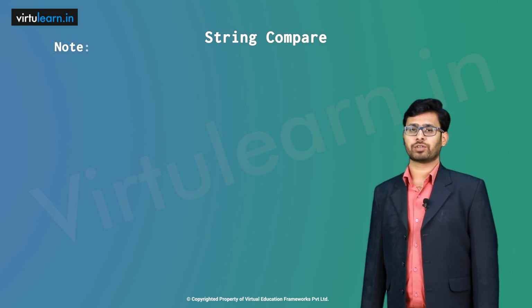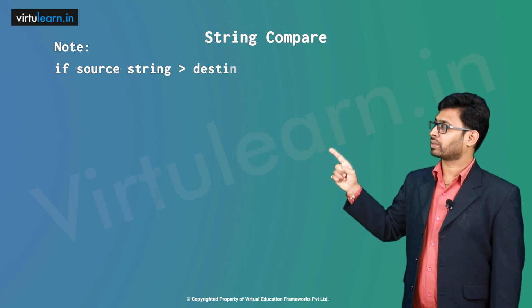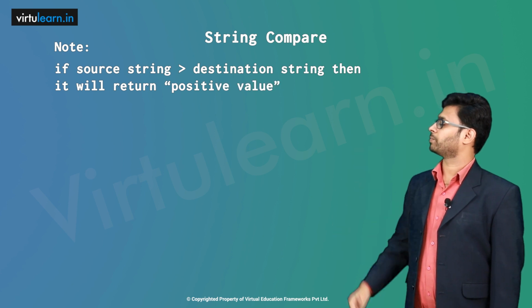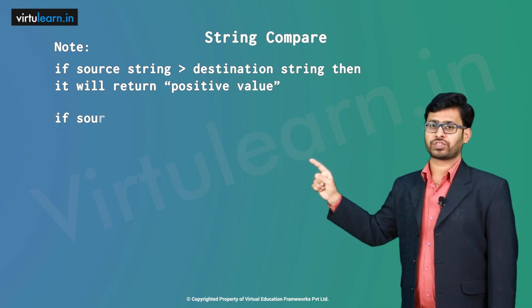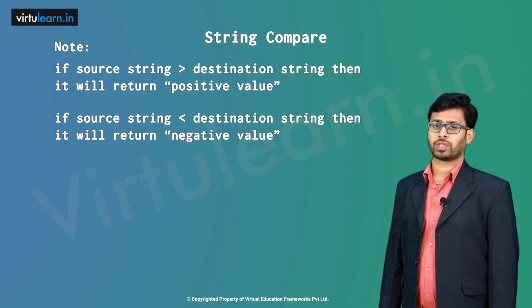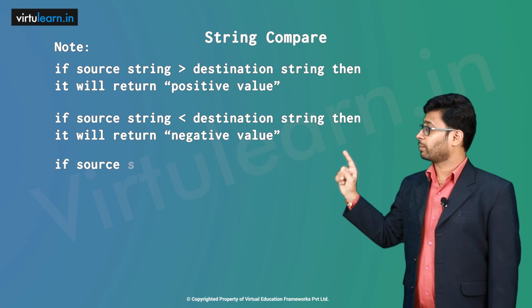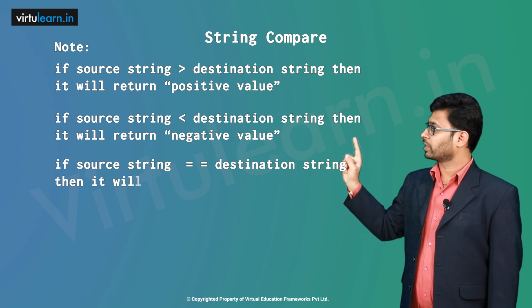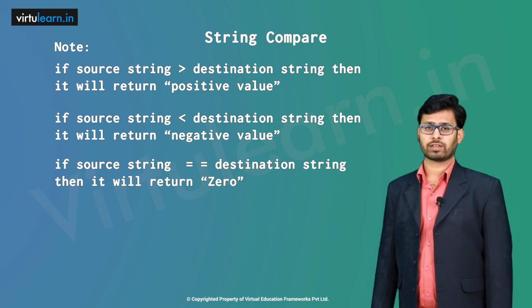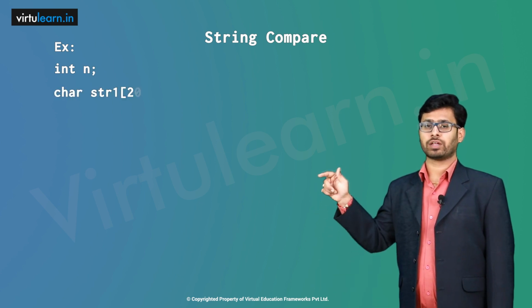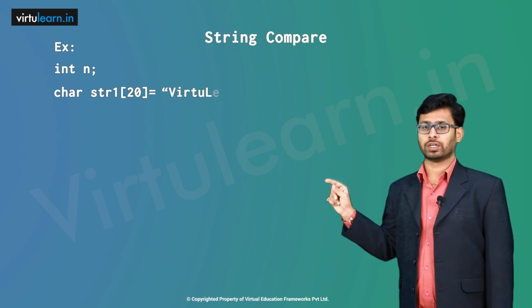The very important condition which you need to note over here is, if the source string is greater than the destination string, then it will return a positive value. If the source string is less than the destination string, then it will return a negative value. If the source string is double equal to, which means both are equal to the destination string, then it will return 0. Example: int n, so char string 1, I am taking size 20, which is equal to